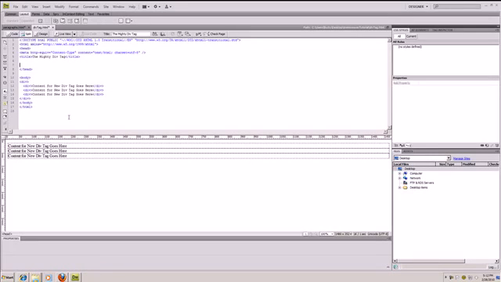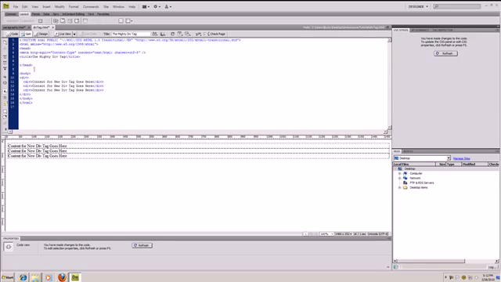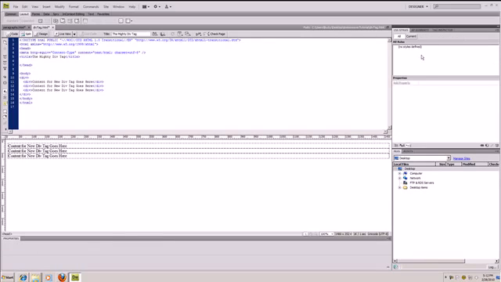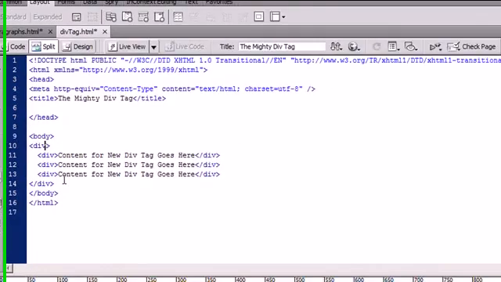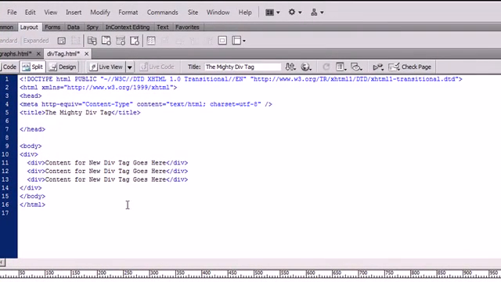Hey, and welcome back to the second part of our page layout tutorial using CSS with fixed and liquid layouts. Now that we have created our divs from the first tutorial, we are going to take these divs and we're